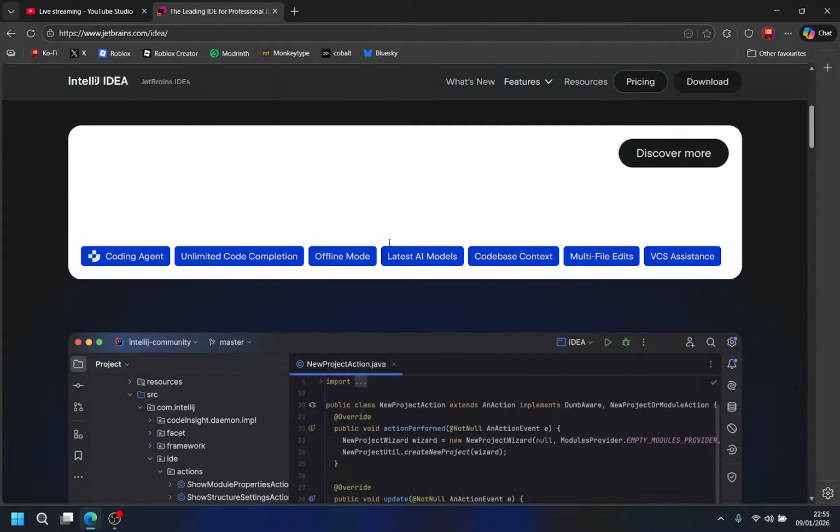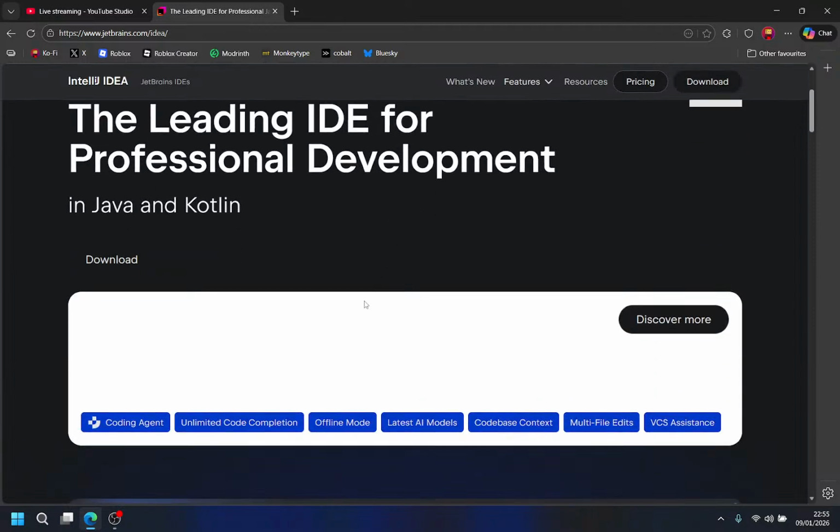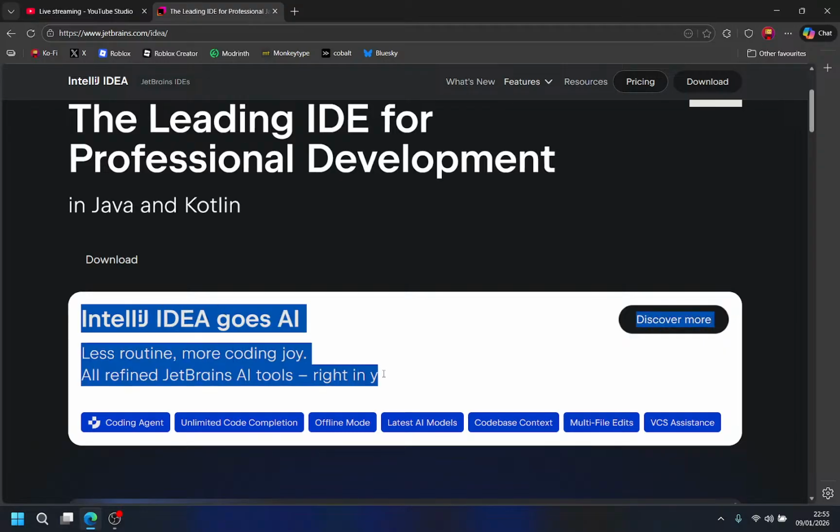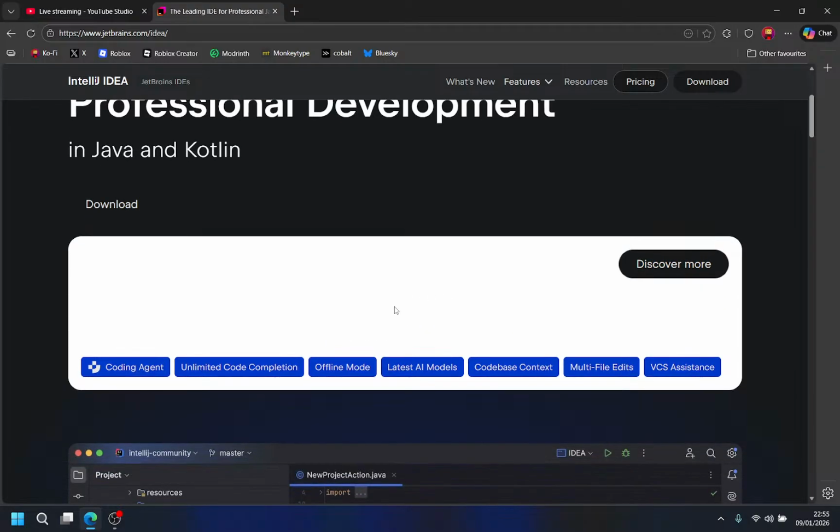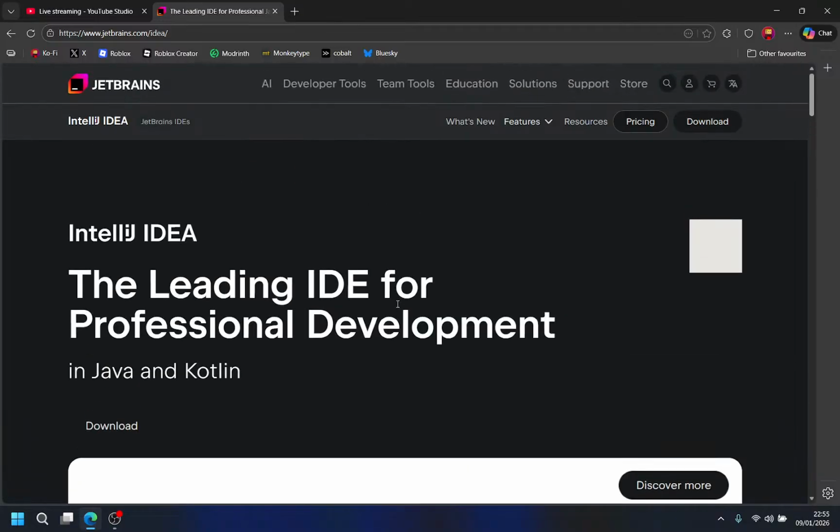There we go. It's a dark web interface. No, it's a light theme. If I disable my extension, it's gonna burn my eyes, as well as yours. So let's not do this, okay?